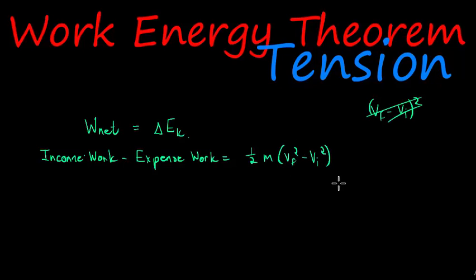It's future velocity squared minus initial velocity squared, and that just comes from taking a half mass as a common factor out of the difference between the future kinetic energy and the initial kinetic energy. Okay, so this is where the formula comes from. And what I mean by income work is work in the same direction